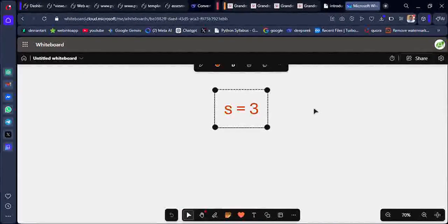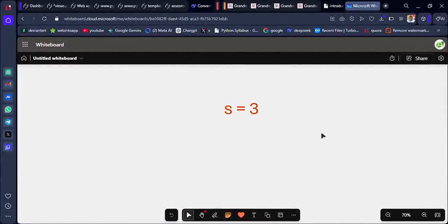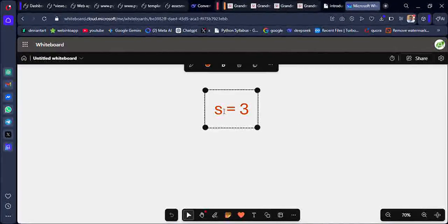But the question is, when you type S equals 3 in your computer and you go to the next line, two things happen at the same time. Number one, the first thing that happens is S gets assigned. Your S gets assigned